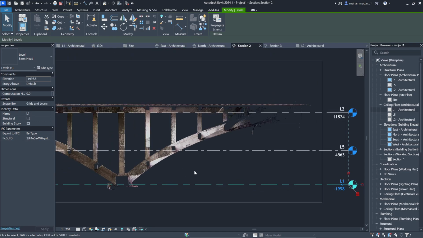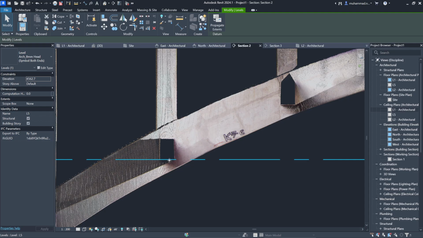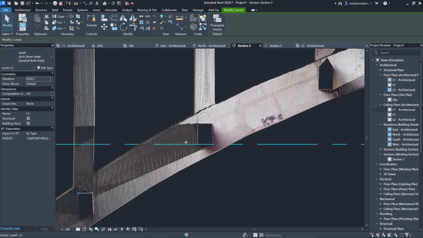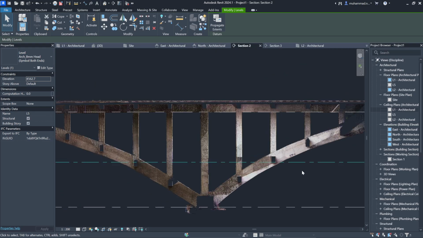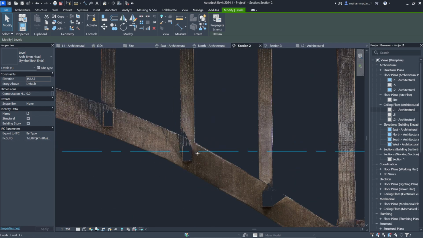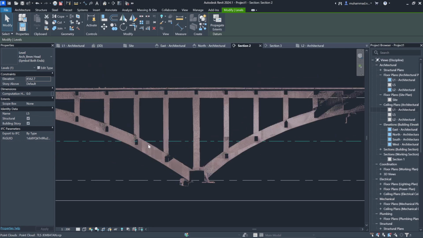So you can see that if we look at any column or any beam right here, L5 is the bottom of the column. As we can see, this point and this point, with the eyes they will look the same.